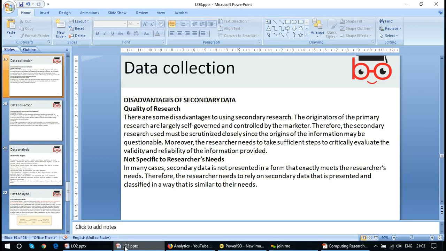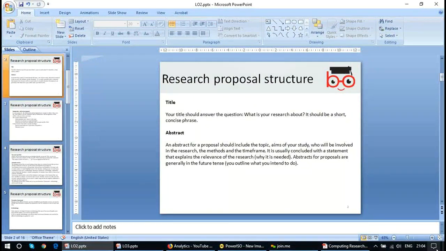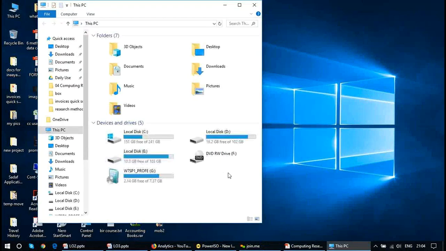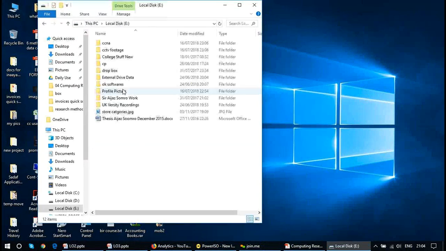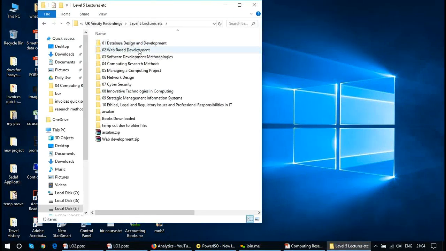So far you have completed databases, web-based development, software development methodologies, and computing research methods. The 4 units are complete. We will move further to the next unit, and hopefully, by the passage of time, we will be able to